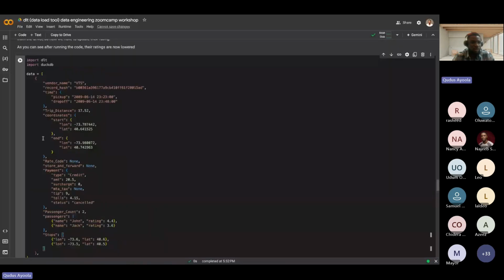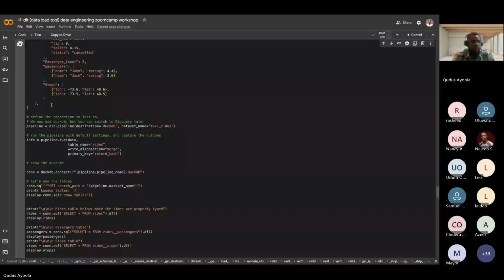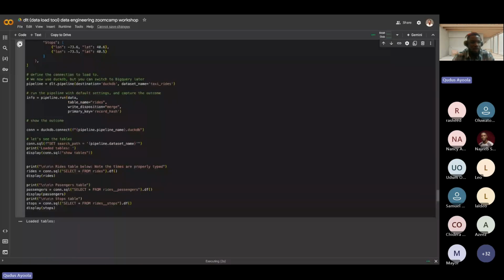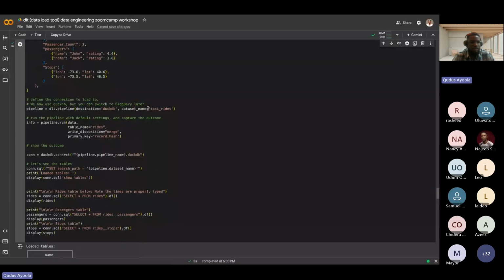So if I run this, notice how in our write mode we are using match mode and we are stating our primary key here. So this is all you need to do. Set it in your pipeline and tell it to use a match mode.